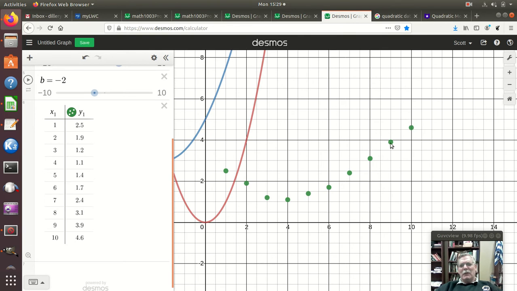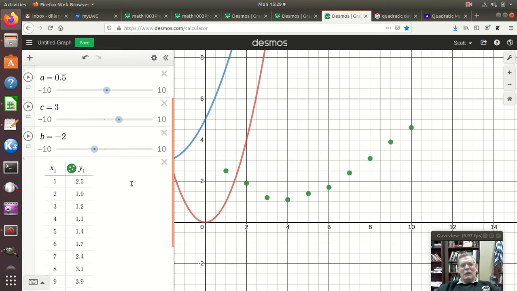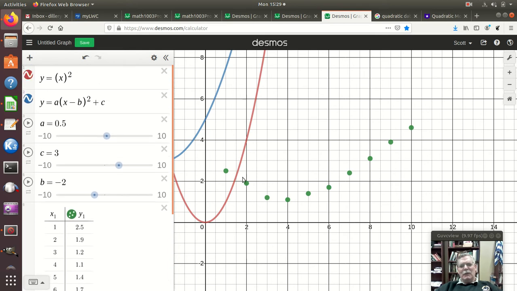Now, as I look at those data, yeah, they look kind of like a parabola. And so if I'm going to try to fit a model to that, then what I need to do is probably get the vertex right in here somewhere. Well, there's 4, so I want to move it over to the right by 4 from 0, and B again was that. So I'm going to come over here, try 4, and